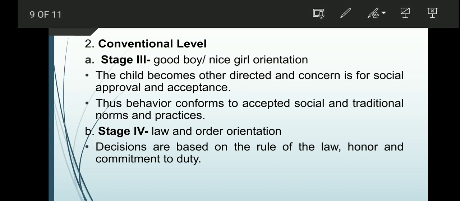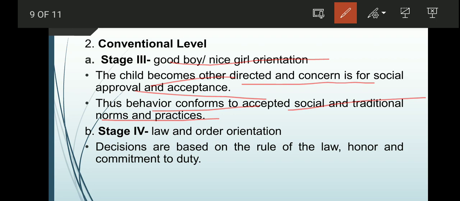So, naatay stage 3 and stage 4. So, stage 3, good boy and nice girl orientation. So, the child becomes other-directed and concerned is for social approval and acceptance. So, thus, behavior conforms to accepted social and traditional norms or practices. So, they are able to present themselves as a good girl or good boy,